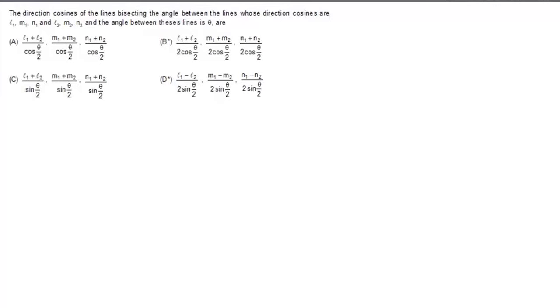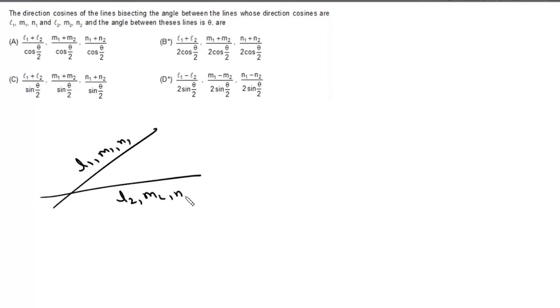Now here the question is: direction cosines of the lines bisecting the angle between the lines whose direction cosines are L1, M1, N1 and L2, M2 and N2. So we have two lines. The first one has direction cosines L1, M1, N1, and the second one has L2, M2 and N2, and the angle between these two lines is theta. So we can write cos theta equals L1 L2 plus M1 M2 plus N1 N2. Now we need to find